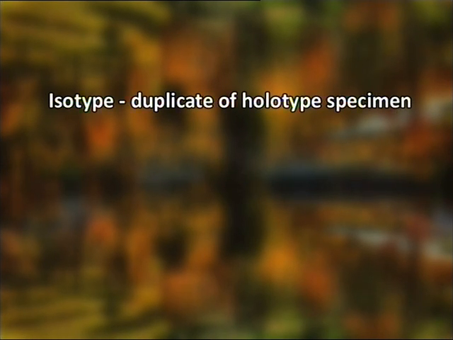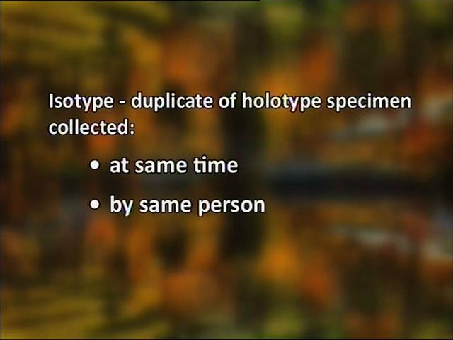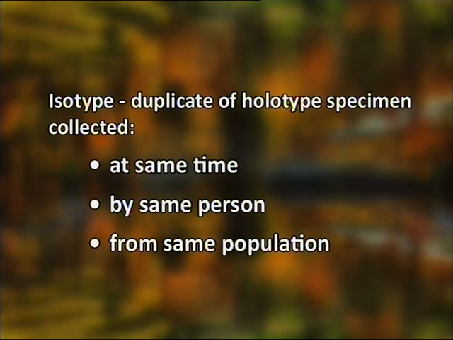In the absence of a holotype, for example, if it was lost or got damaged, another type may be selected out of the range of different kinds of types, depending on the case. Now we come to the second type of type, that is called isotype. An isotype is a duplicate specimen of the holotype collected at the same time by the same person from the